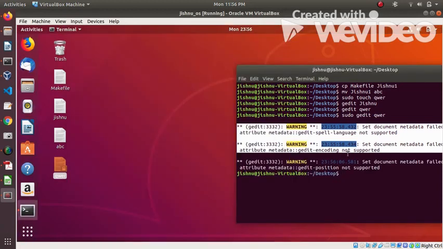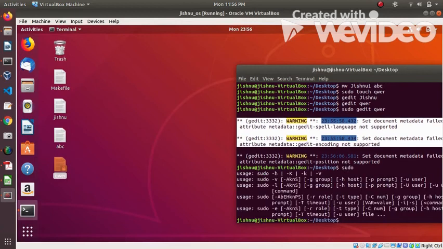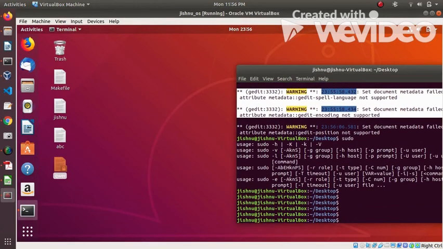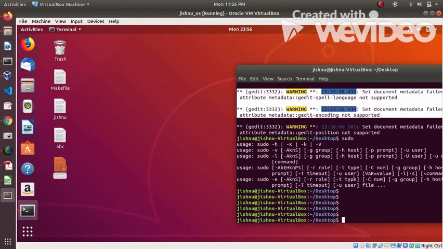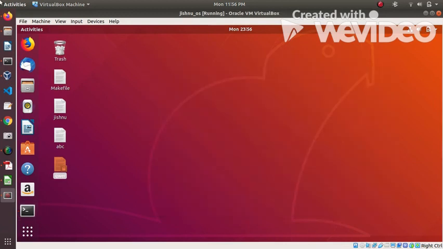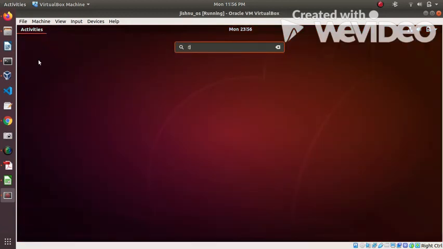Actually, whenever you give a sudo, it asks you for your password, but here I'm already logged in as a sudo user, so it's not asking me. I can close the terminal and open a new terminal and show it to you.